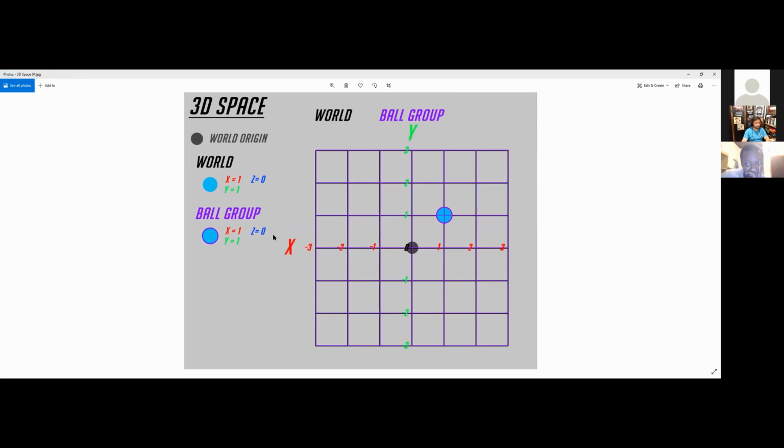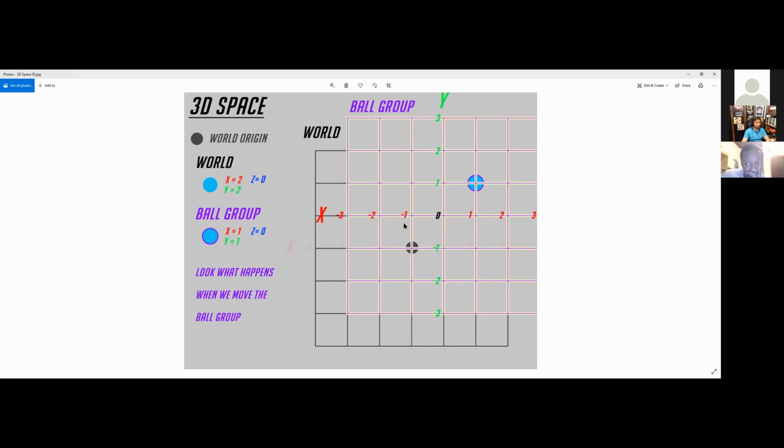So these coordinates back here are of the ball inside the group. And these origins line up at the moment because the ball group has not moved. And so once we move the ball group, the origin from where the ball space is, where the x and the y meet, has moved. And so at that point, the coordinates become a little bit different. So I'm gonna go through these next slides, and this will clarify a little bit what I'm trying to talk